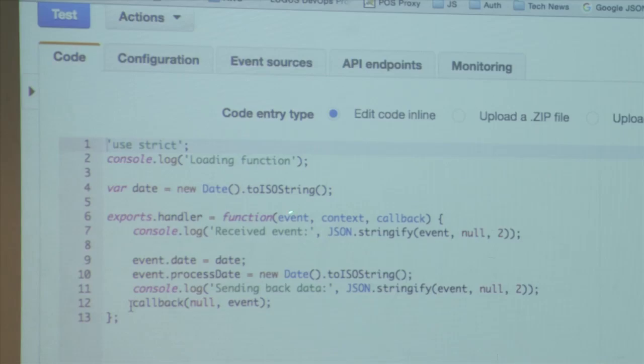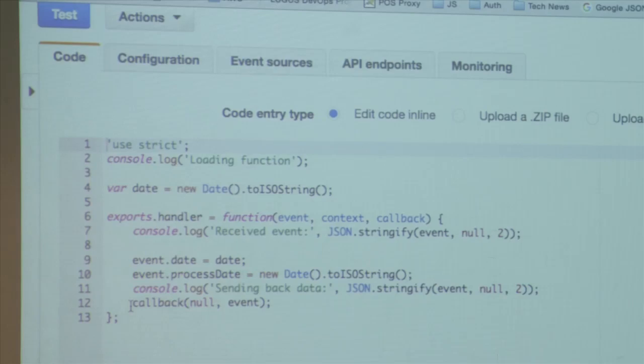So in this, you can pass in an event, a context, and a callback. The event is really all the data that you want to pass into that Lambda function so that it can go off and process. It's everything that it needs. Recently, in the last 4 weeks, they've actually changed this. It used to be just event and context, but they upgraded it. It is backwards compatible still, but they have added this callback,